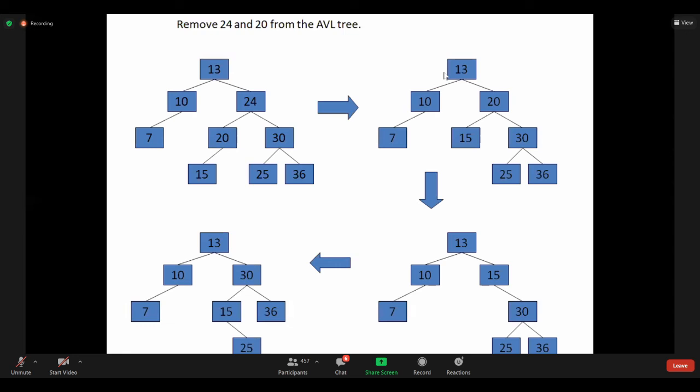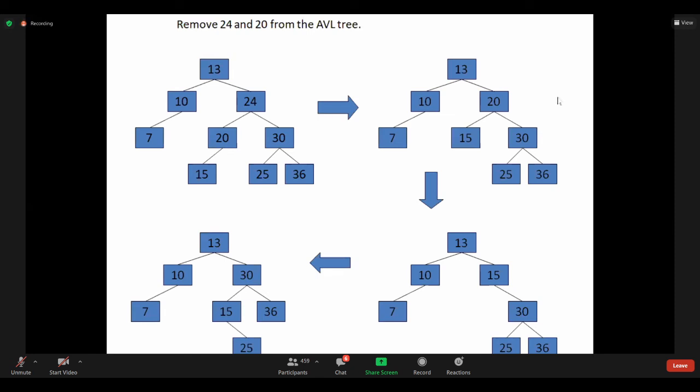Suppose we take 15, 30, 25, we can take that also. Take that and check whether the tree is balanced or not. If two conditions arise here, we are not inserting any new item, right? The tree is balanced, so no problem, no issues. We can take both. We can take 15, 30, 36 here or 15, 30, 25. Then check the balance factor. If not balanced, again you have to rebalance it. Okay. So deletion is also done.